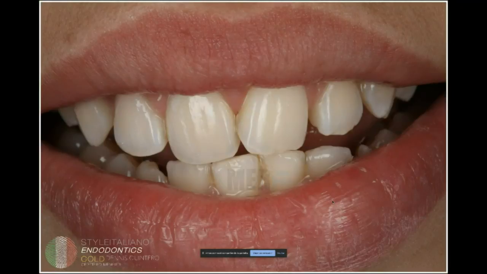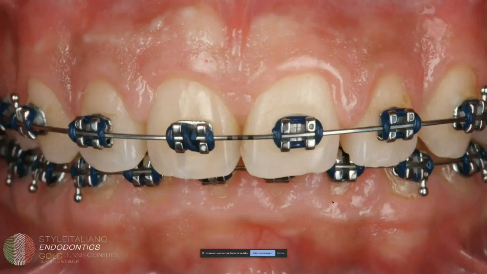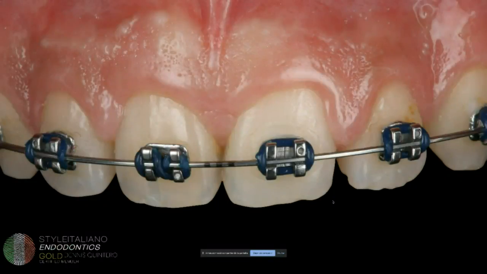The patient also wants to have ortho. I explained to the parents we cannot use ortho directly on the tooth because we cannot apply any forces to the tooth; otherwise everything that we did so well will be ruined if we place ortho. So I talked to the orthodontist who works with me to place ortho, but not to move that tooth, not to place anything. As you can see here,